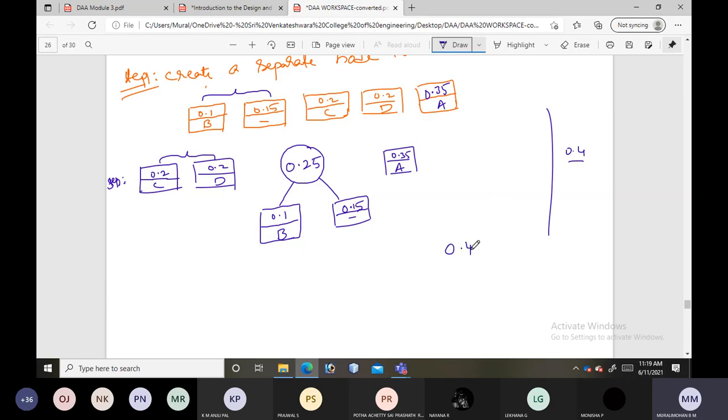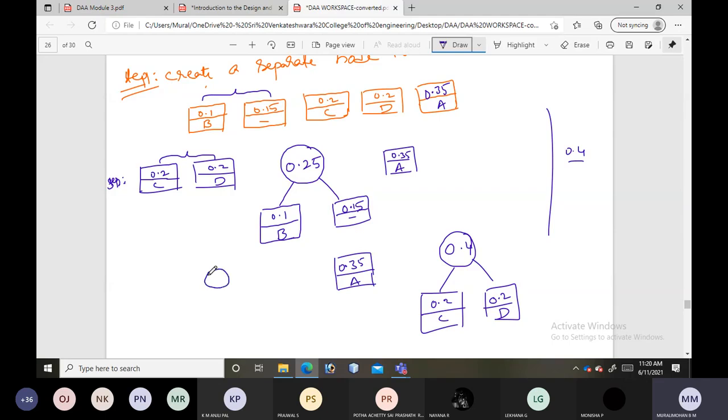It is 0.4, and to the left we have 0.2 C, and to the right 0.2 D. Here it is 0.25, and here it is 0.35, that is A. So this is the third step.